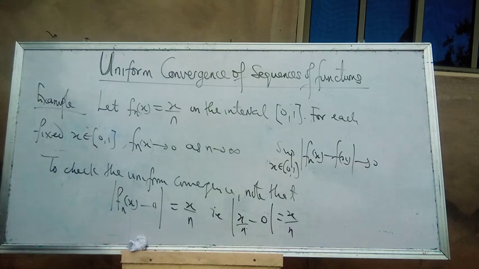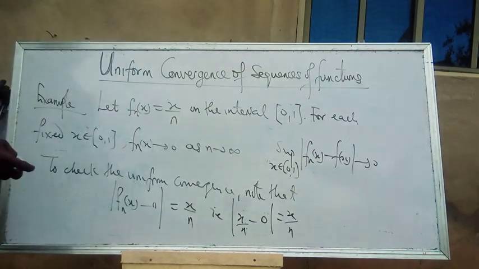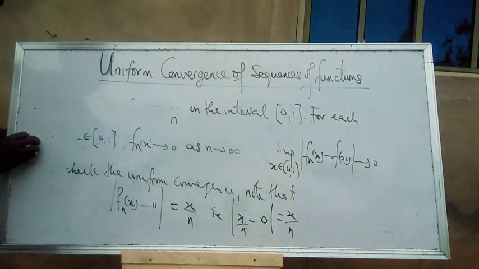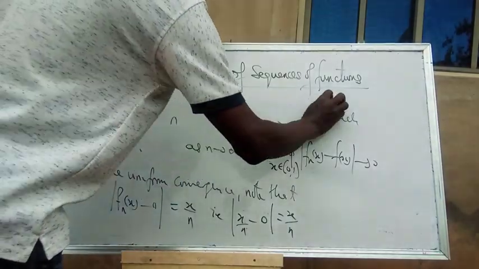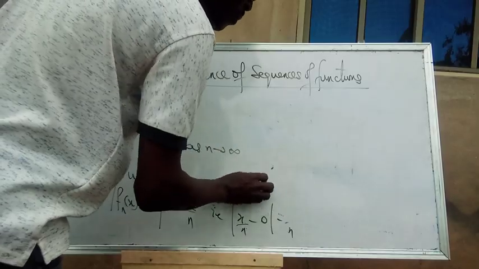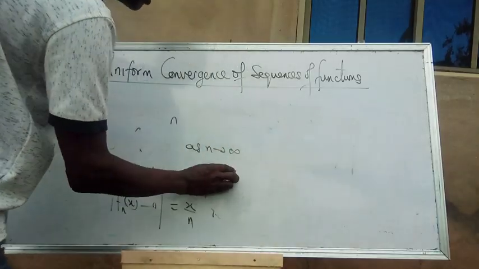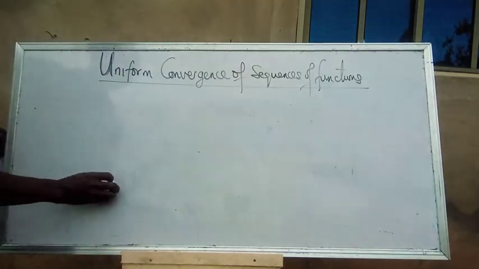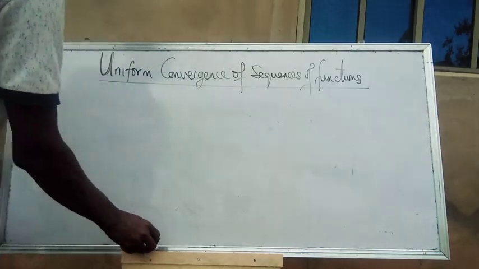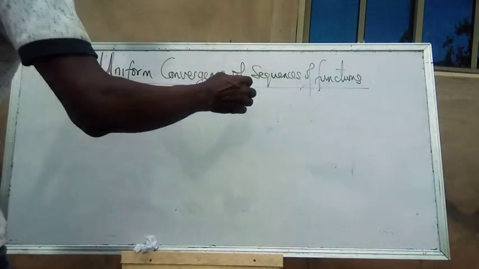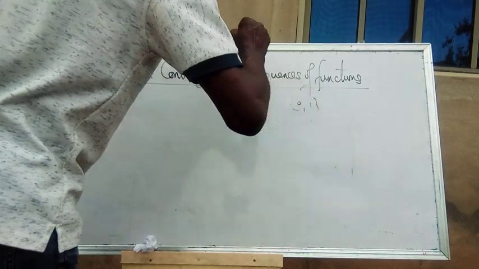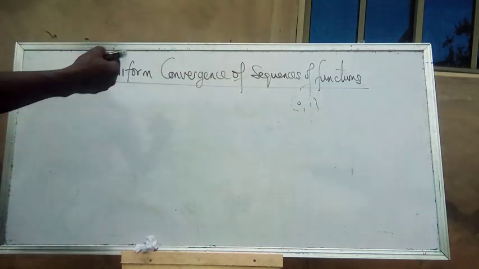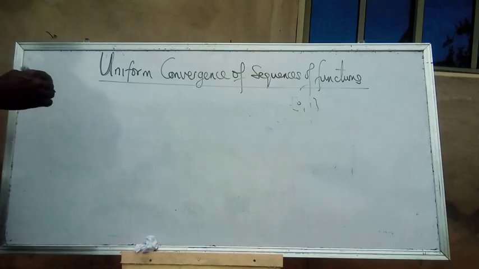Now let's look at the maximum deviation, because the definition says the supremum of the absolute value. So that means we need the maximum deviation, the point at which the deviation is very, very large. We are given two endpoints. We are given 0. We are given 1. So picking the maximum value of these 2 points, the maximum deviation will come from 1.